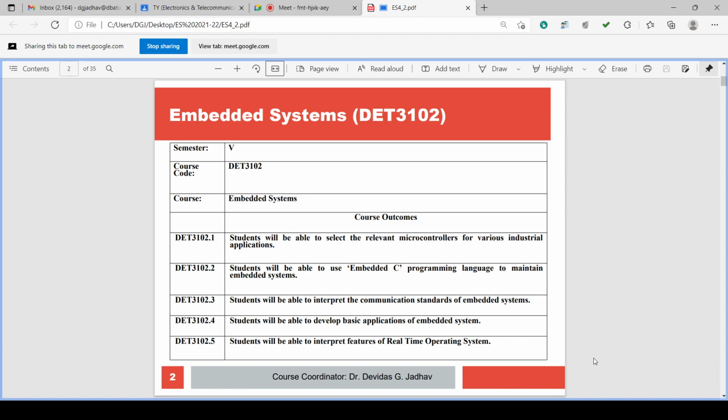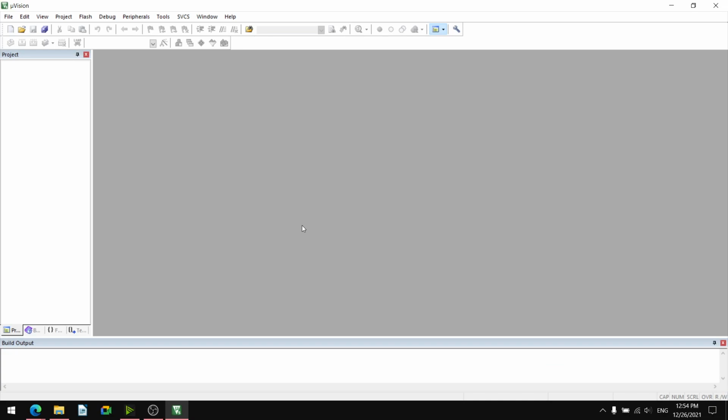So today we will discuss the Keil software. We'll shift to that Keil software now. We have discussed this Keil software in the first two lectures.